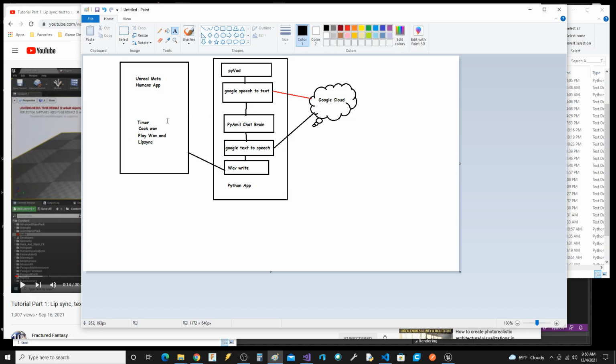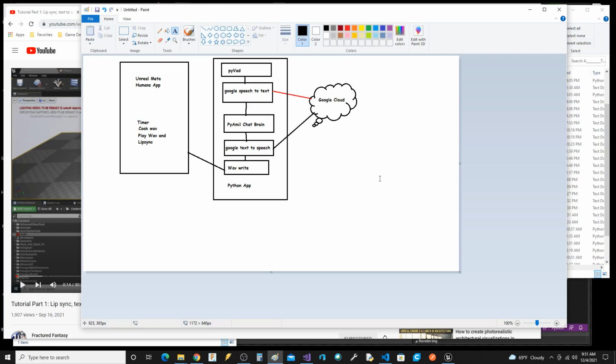And I know that there's REST clients and there's HTTP plugins and all of this, and I know that there's Google API speech plugins as well from the same author that helped Fractured Fantasy out. I'm not quite there yet on how I think I want to do things.